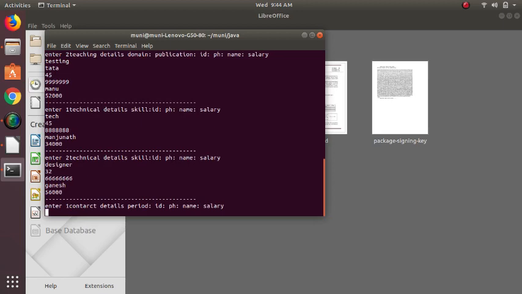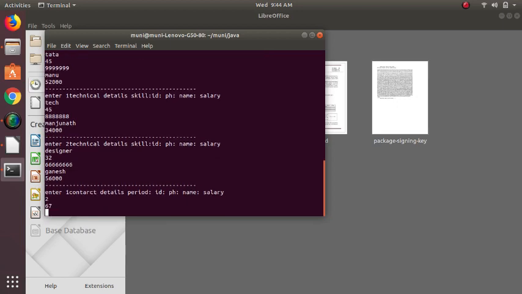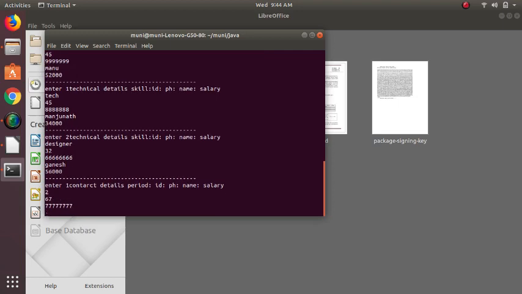So you need to add all those 3 categories of classes to staff, because I entered the number of staff as 2. Okay, first I need to enter 2 for period, then ID 67, the phone number 777, so name, and salary.